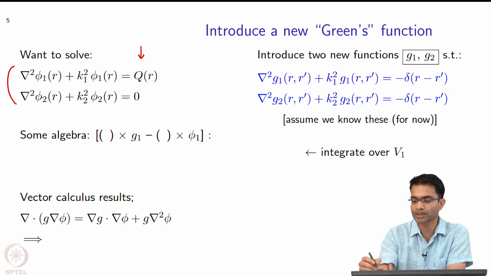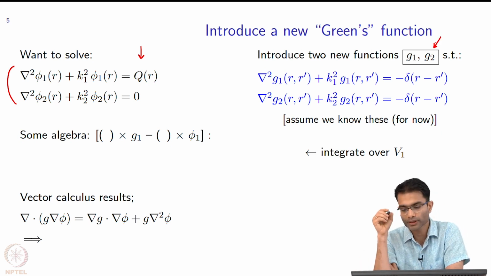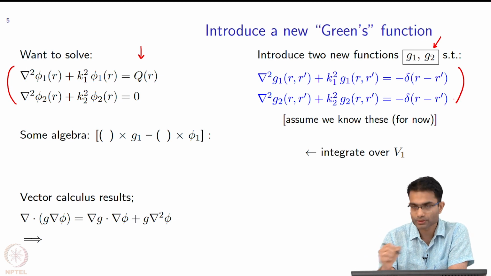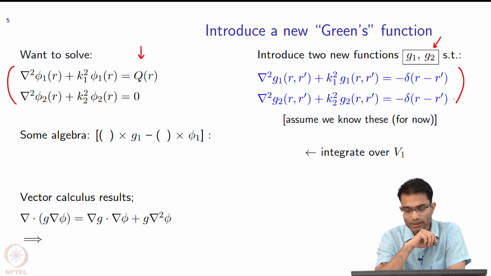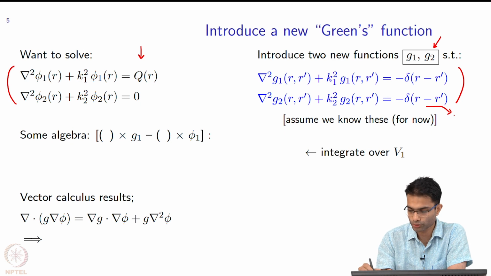So, what is the new complication? I have introduced two new functions. I am calling them G1, G2, and they satisfy these two equations. Let us just read out the first equation. It says del squared G1 plus K1 squared G1 is the negative of a delta function. This delta function is your usual